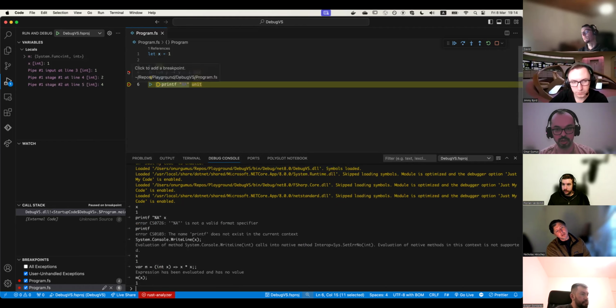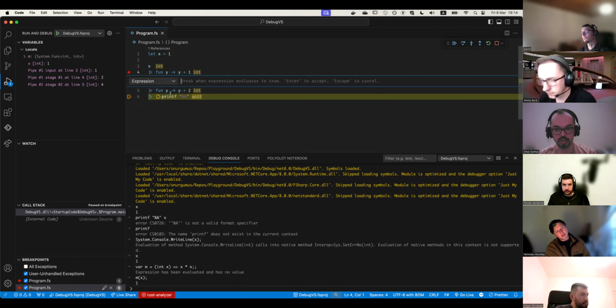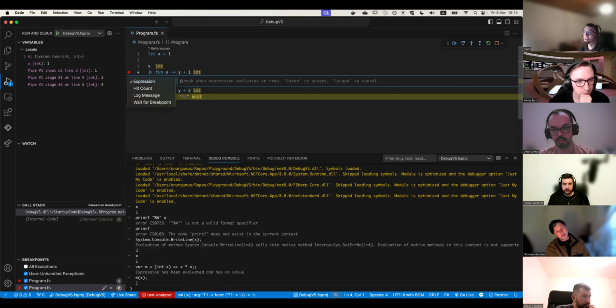You can also use, again from a C# standpoint, the edit breakpoint option, so you can put an expression here where you want to break if this particular expression holds true. Again, you need to use C# syntax with double equals, not single equals. Or a hit count, or you don't want to break at all, you just want to log a message, or you could just wait for another breakpoint. So this is a standard feature. These are not directly related to F# itself, but this is the general .NET debugging experience when you use VS Code.